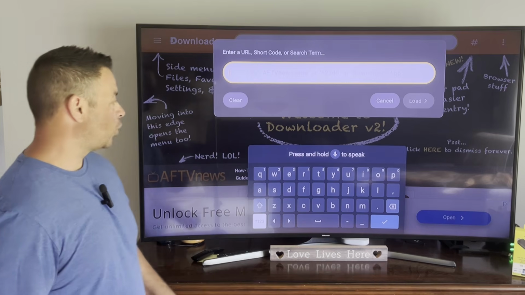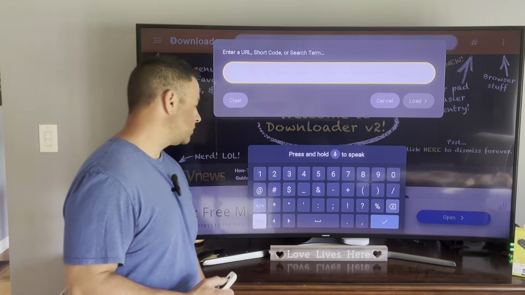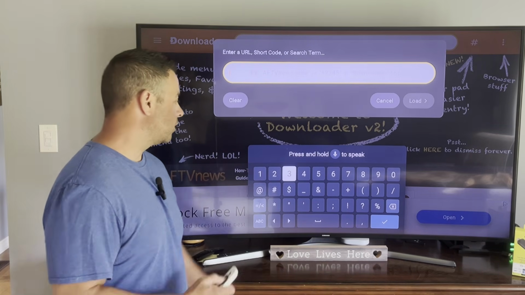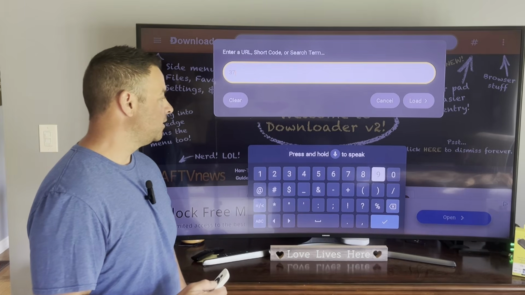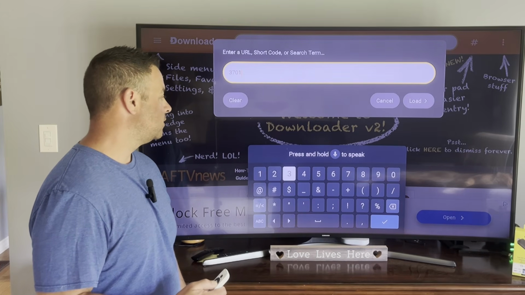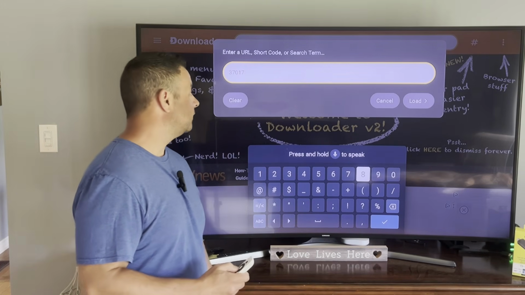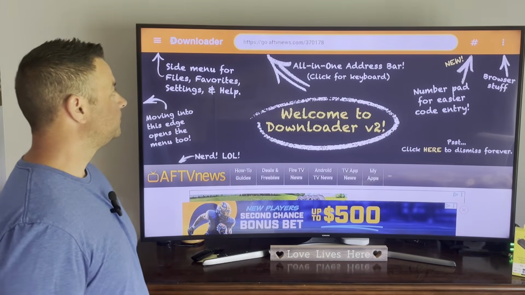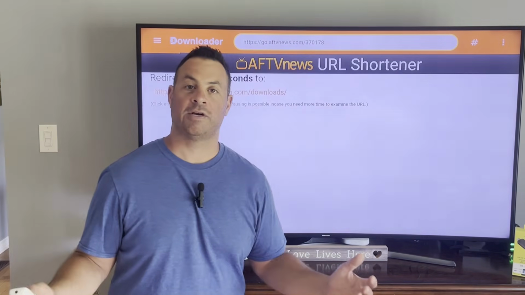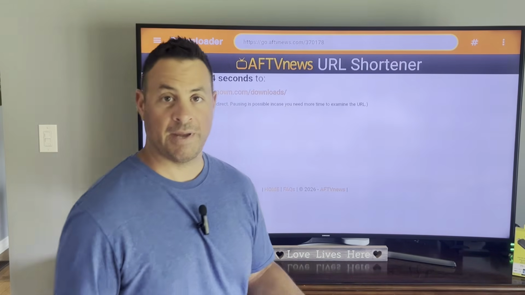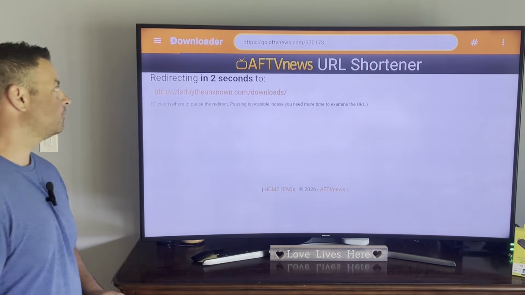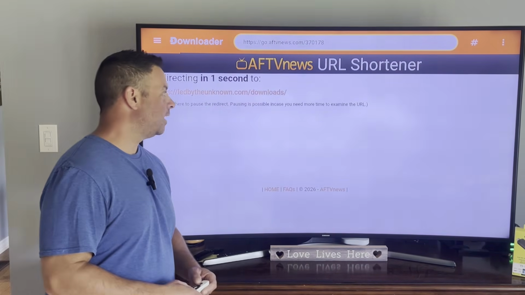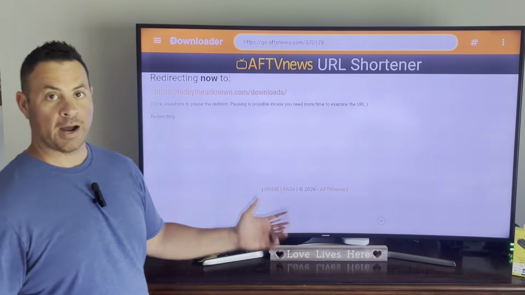In order to enter this short code, just select the numbers, and here's our short code, 3701778. Then we come down, hit the check mark or go, and this will direct it straight to the Led by the Unknown's downloads page. Once the redirect is done and the page has started to load up,